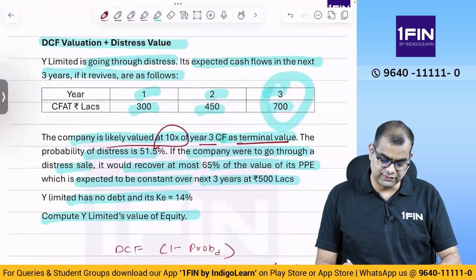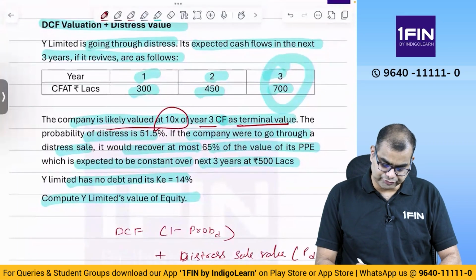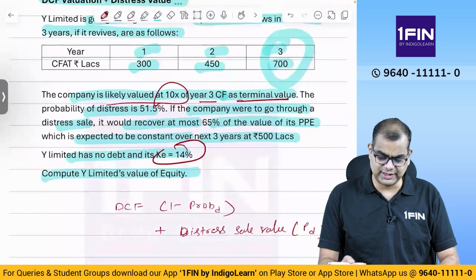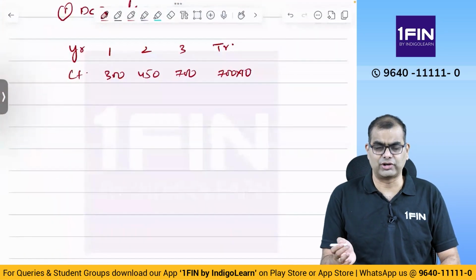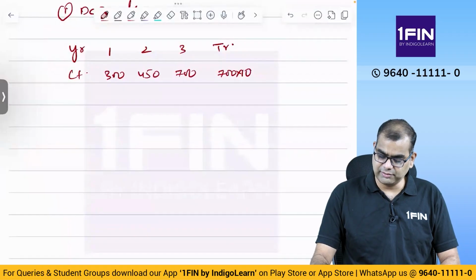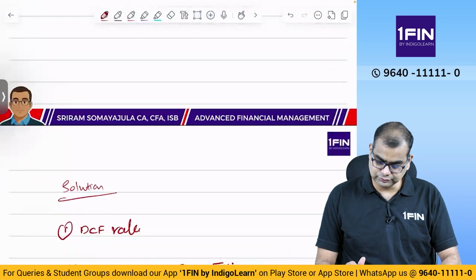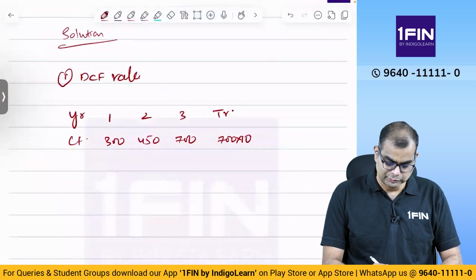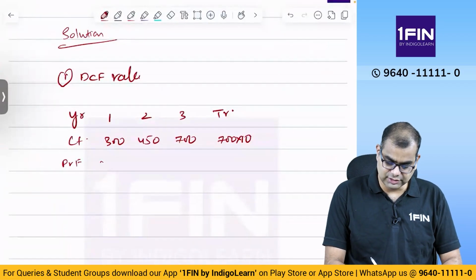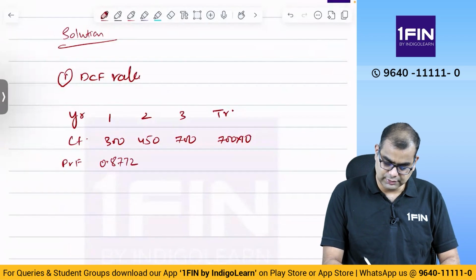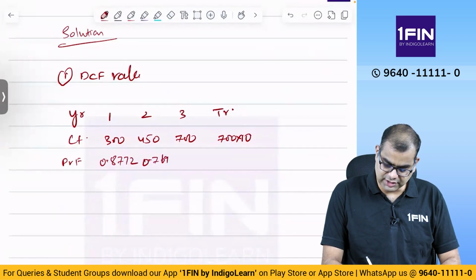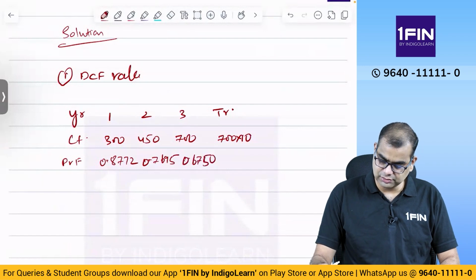The probability of distress is 51.5. We will come to that. They said cost of equity is 14%. Decimals they have not specified. In this question, we will take 4 decimals because that is the best. 1 by 1.14 gives the present value factor: 0.8772, 0.7695, 0.6750,